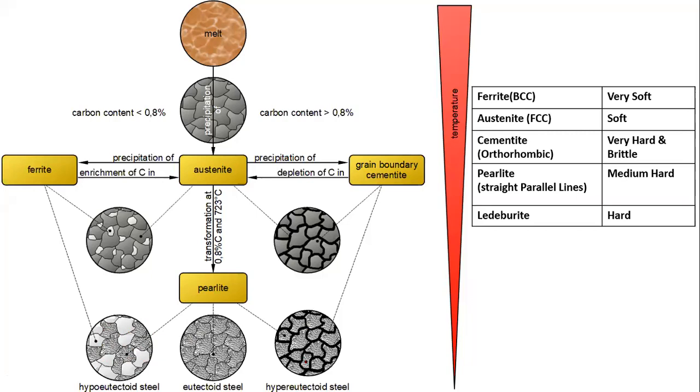But another side, hypereutectoid steels available. What is the microstructures? Pearlite and cementite. So pearlite is a medium hard, and one more cementite. It is a very hardable. Both hardable nature. So entire microstructure is very hardable nature. So this type of structure nature of materials, it can't possible by the formation of any type of structures.